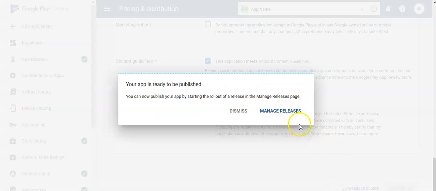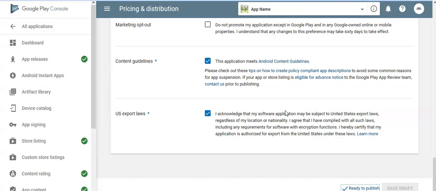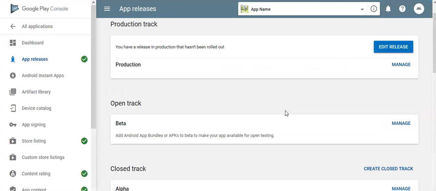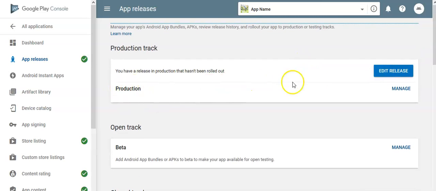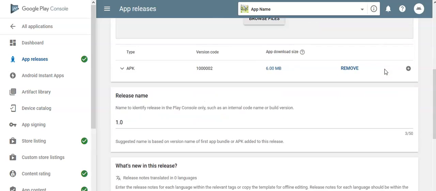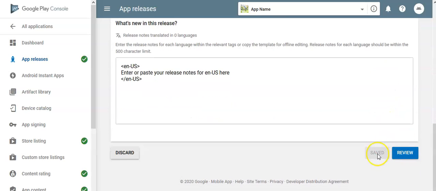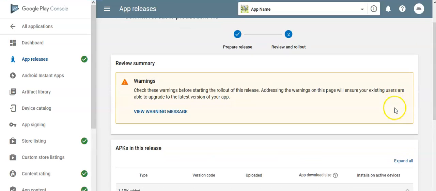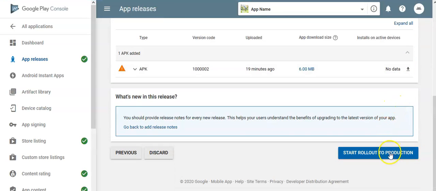So after clicking here, go to manage releases, then under production click edit release, and then click here review. And then you have to click here start rollout to production. After you click this, your app will be reviewed by the Google Play team, and it will be approved